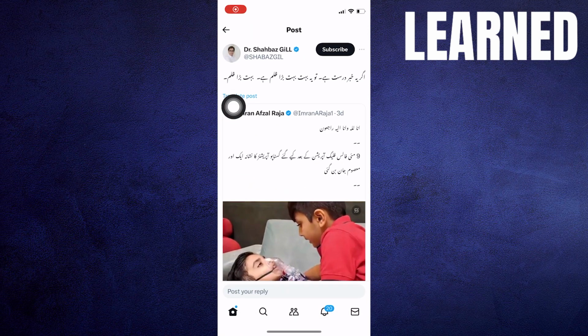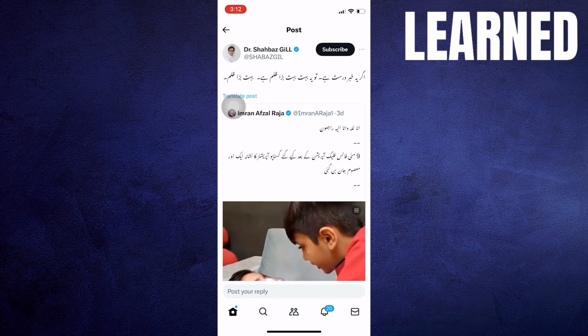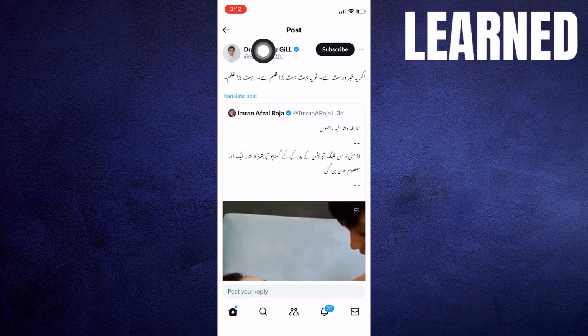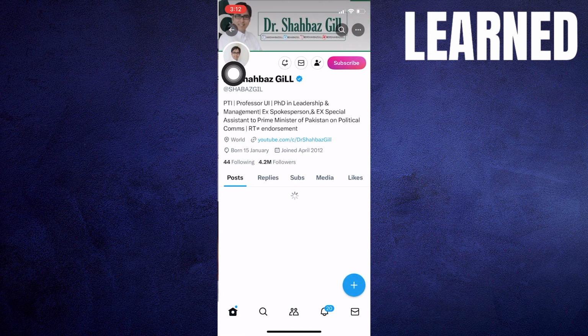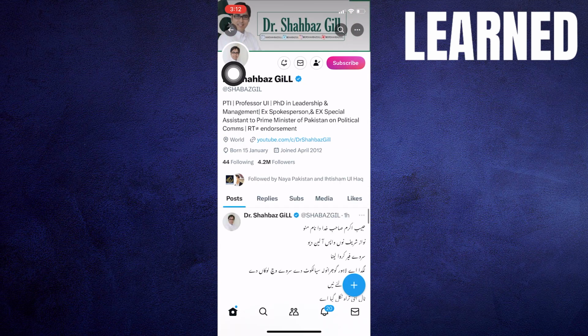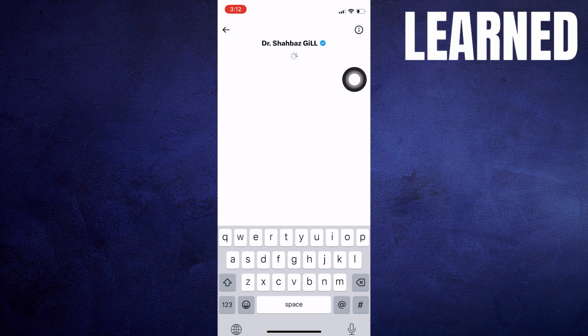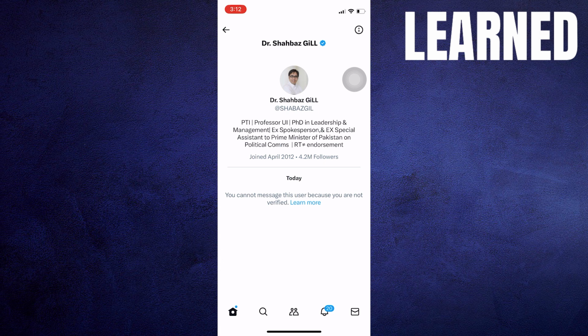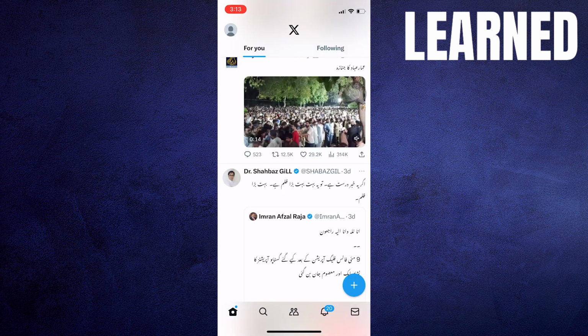First of all, open the Twitter or X app. After opening up the app, tap on any random tweet and click on its profile icon. Once you get into its profile, click on the message icon from its profile. Then tap to send the message, but if you're not able to send DMs this way, after that, click